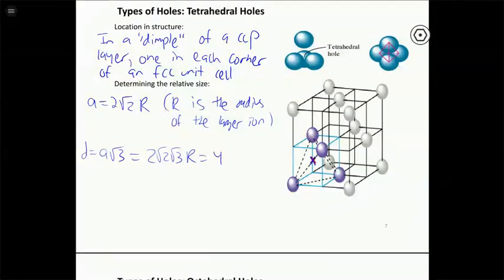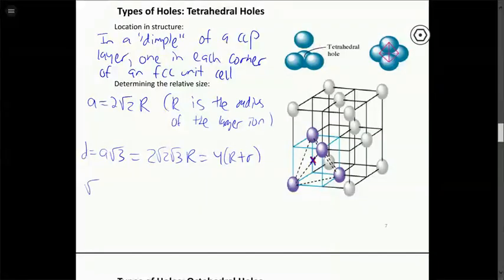So as we go from corner to corner, we go through a total of 4 times the sum of the small and the big radius. That one's a little bit hard to see, I admit it, but we're going from corner to corner here. We go through a radius of the larger ion, the diameter of the smaller, and then the radius of the larger takes us to the center, and then we do that again to get to the opposite corner. So a total of 4 times the sum of the small and the big radii. Okay, so that's the relationship.